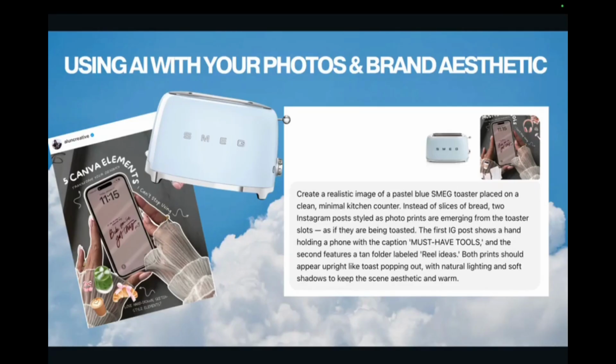Here we are seeing two objects, the toaster and my templates. I wanted to combine the two and create an effect of my templates coming out of the toaster. It's a creative idea to showcase your digital product. So it's not only for products. Any service-based or product-based business can use these tools for content creation. So the effect I wanted to create is that the template will come out of the toaster. Here is the prompt. You will have a list of all the prompts I'm showing here and more creative ideas for you to recreate from what I already did.